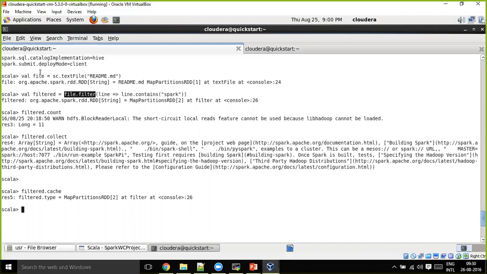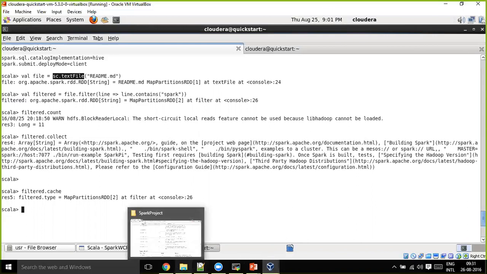This statement is dependent on this, and this is dependent on this, same like your big data flow language. These dependencies are called the RDD lineage, which we will discuss tomorrow. Okay, thank you. Any other questions?